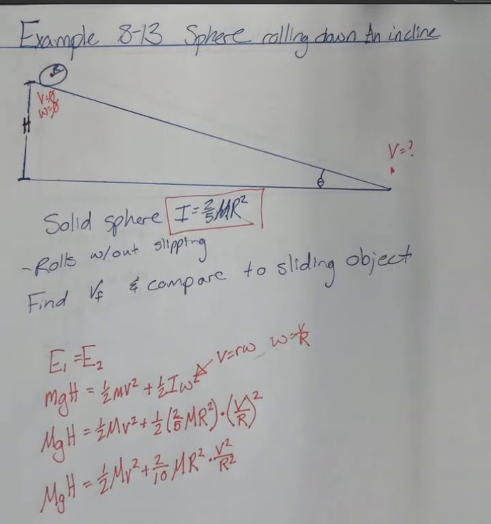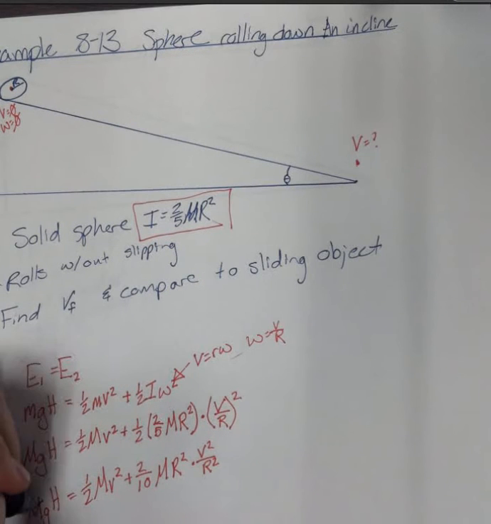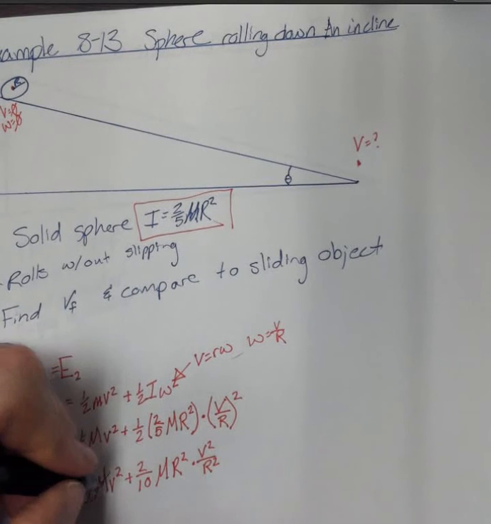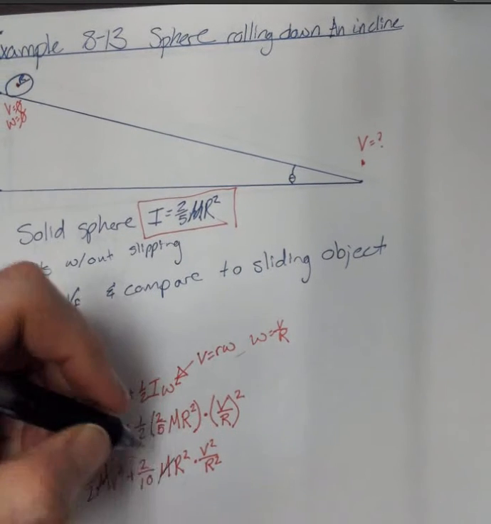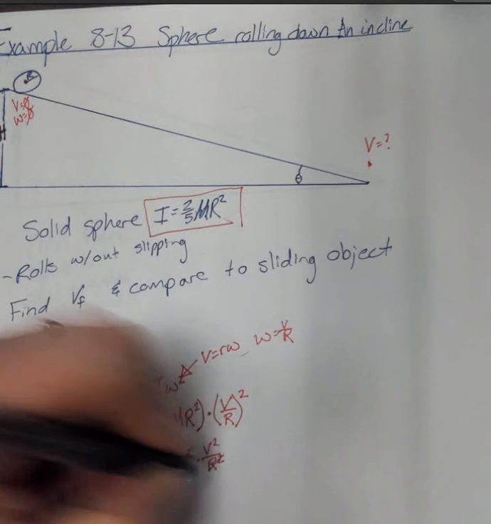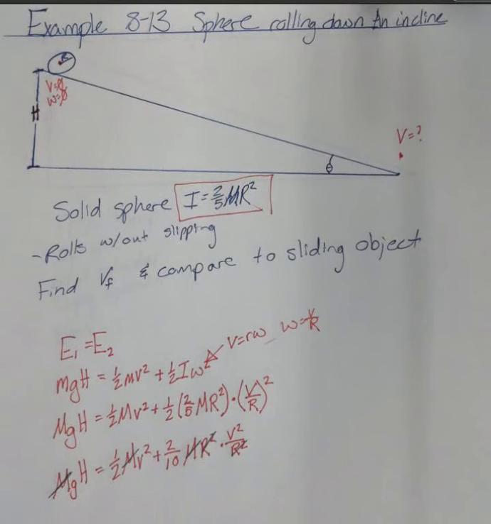And now I'm going to do even more cleanup. I can eliminate mass, so the mass of the object was not a critical issue. I can eliminate the radius, and I get that